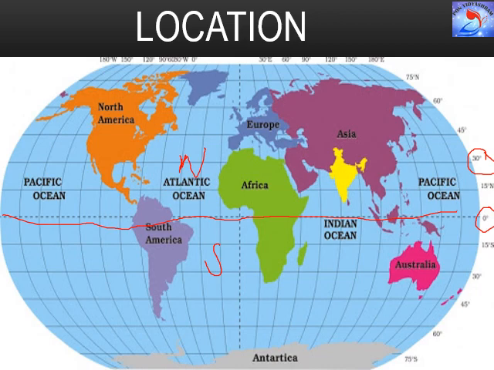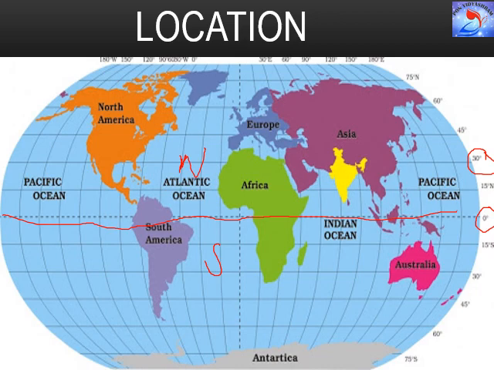Here you can see the 0 degree, which is the equatorial line. We divide the globe into northern hemisphere and southern hemisphere based on the latitude. India lies in the northern hemisphere. On the basis of the prime meridian, that is on the basis of longitude, we divide it as east and west. India falls into the eastern hemisphere. India lies in the northeastern hemisphere.